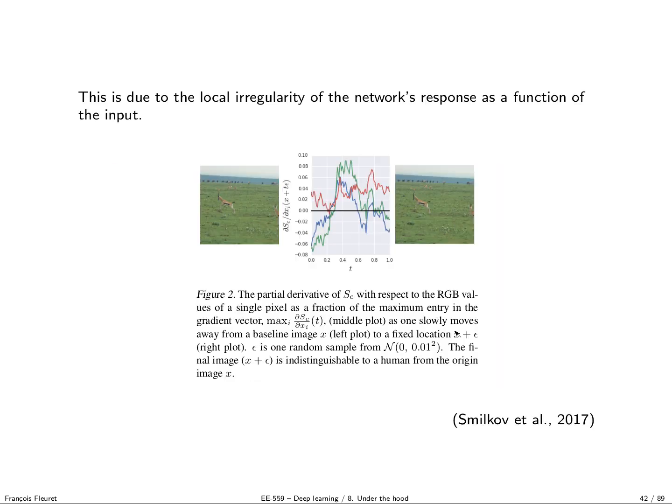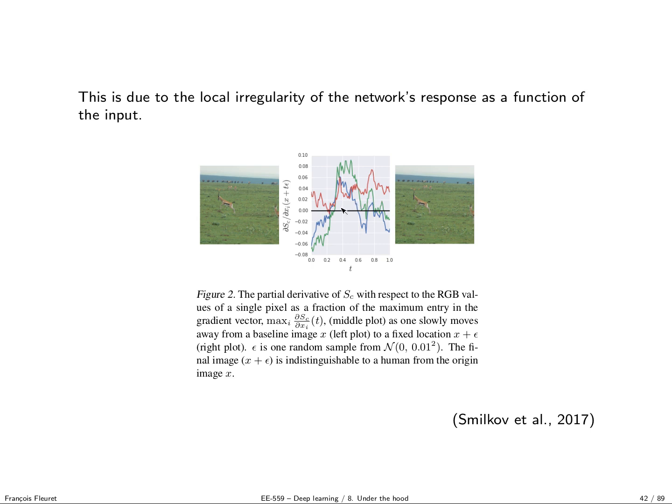Now we may leave those figures quite dissatisfied because they are very noisy. This was pointed out last year by Smilkov et al., and they plotted this graph to illustrate why there is so much noise. They picked an image, and created a slightly noisy version of it by adding a very small Gaussian noise to every pixel, 0.01 standard deviation. So this is the original image X, and this is X plus epsilon, where epsilon is a little bit of Gaussian noise, so little that it does not change anything to the human eye.